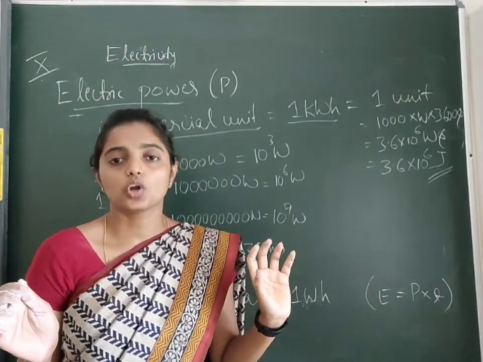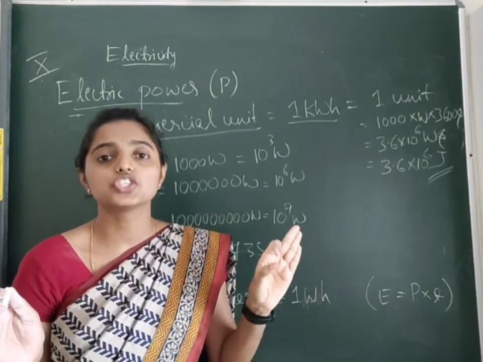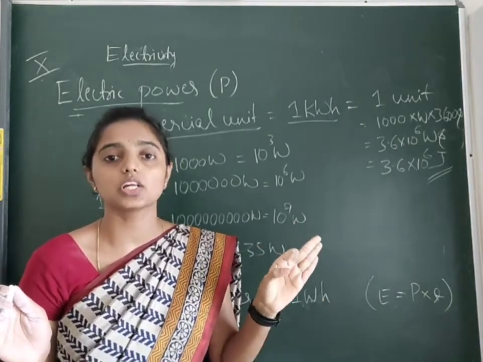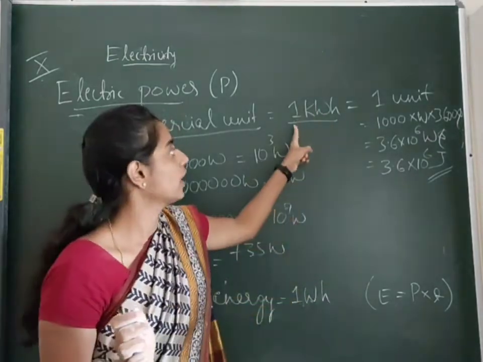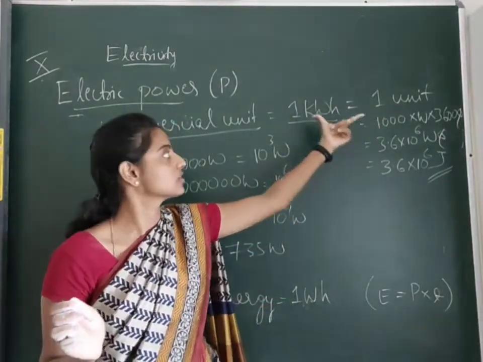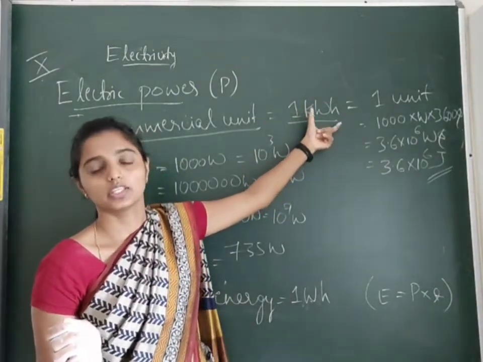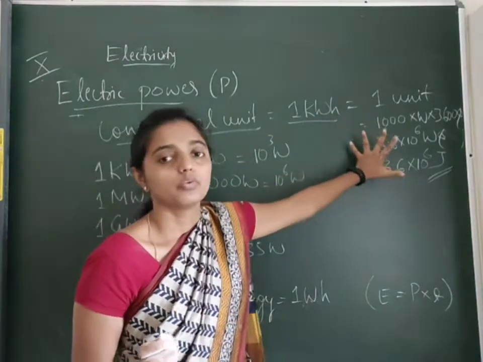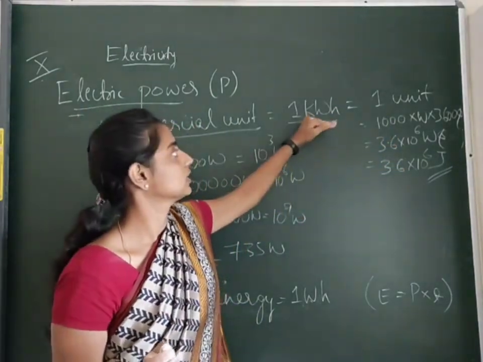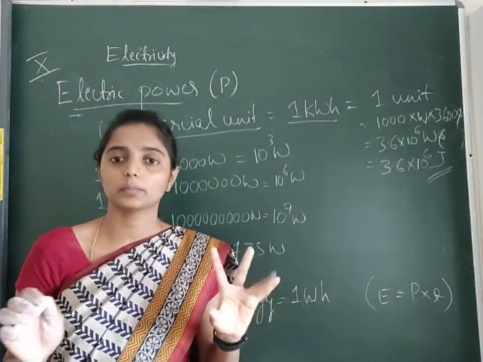So all three things which you need to remember, I will repeat. Normally the power is used as the commercial unit, and the commercial unit is also called 1 unit, which is nothing but 1 kilowatt hour, and this is your answer. They'll ask this and they'll expect you to write 1 kilowatt hour. Now we'll get one value for this number. Kilo means 1000. Everyone knows 1 kilo is nothing but 1000.